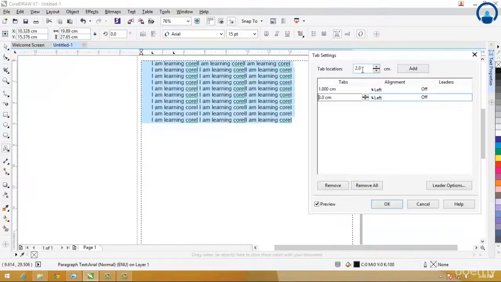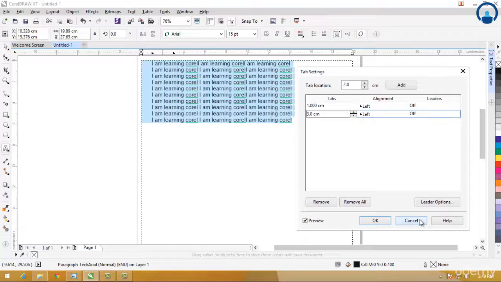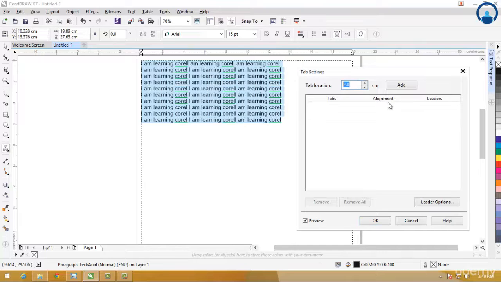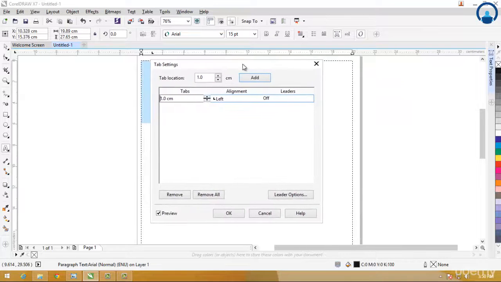See, now how it changes the tab setting. Suppose I want to add a tab here, I'll remove all the tabs. Suppose I add a tab here at 1 centimeter, just don't look at this text and just observe this particular box.